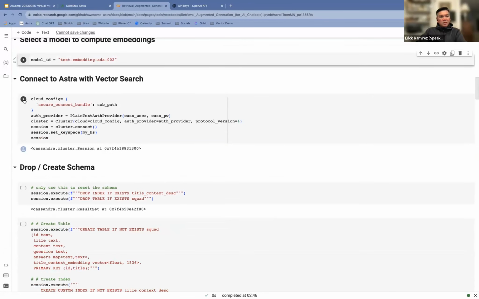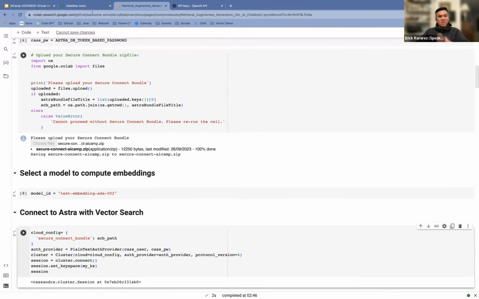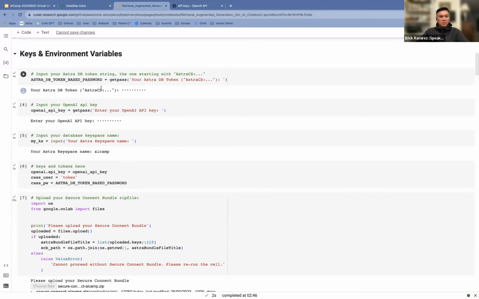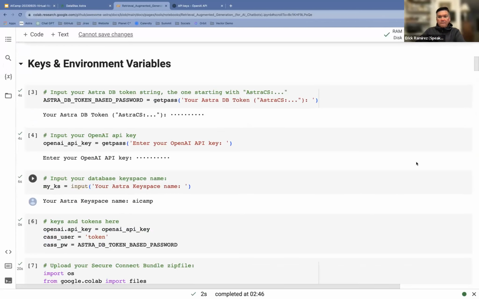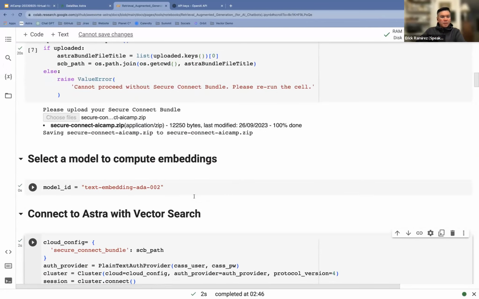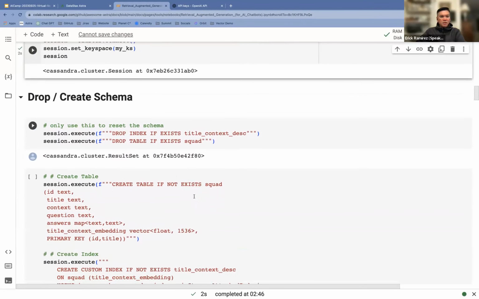Finally, we're going to create a session object to the cluster. If we've done everything right in the previous steps, it will give me back a session, so I know that we're connected to the database. Otherwise, we'll get a few errors, for example if you've mistyped the AstraDB token here. In fact, let me make that bigger. So far, we're just doing a bit of setup.